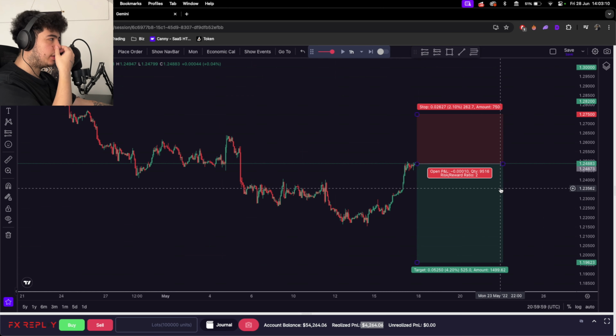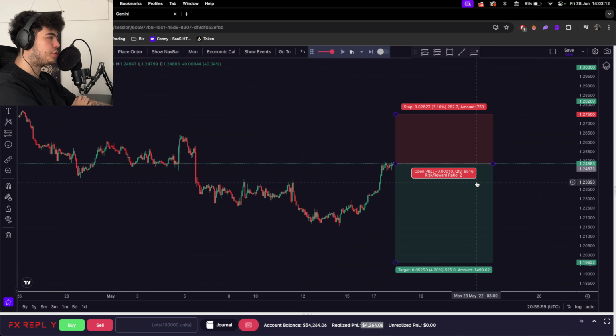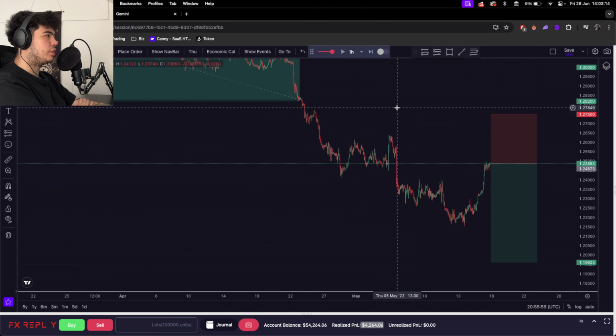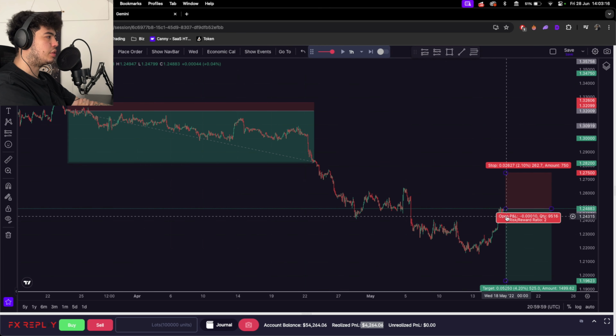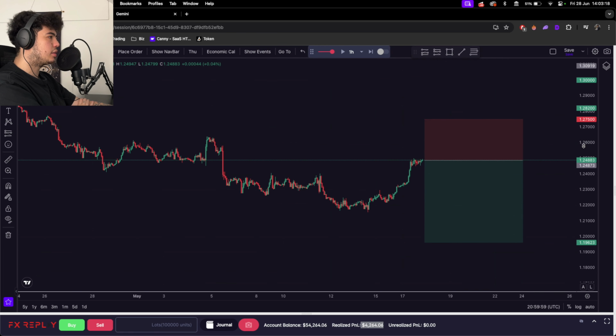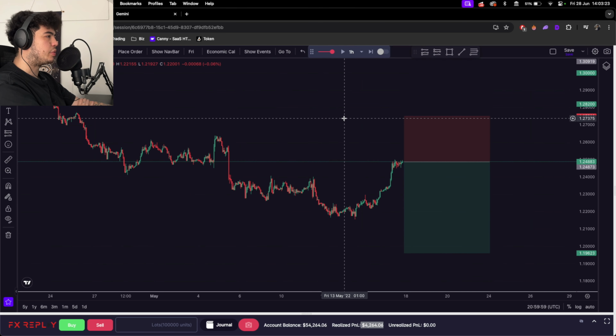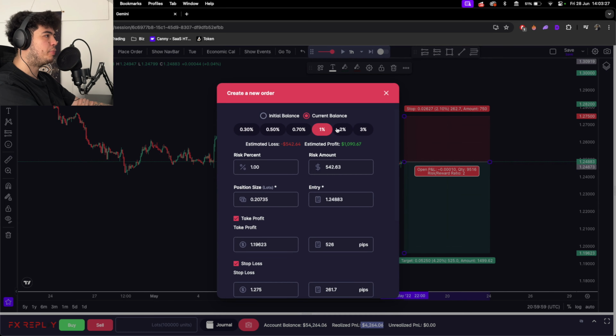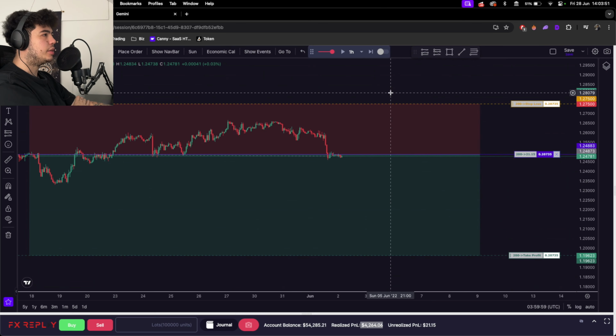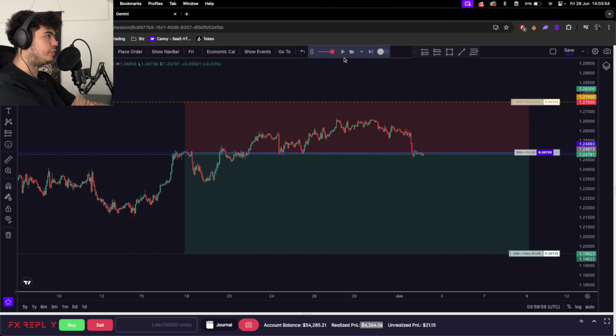So this is actually a lot larger than the previous trade. So you can see this, compare both of these two positions. This one is actually more of my type of trade. I'm quite happy to take something like this actually on a real account. So let's see how it goes. We'll place the order again, 1% of the current balance. So similar situation as the first trade we placed.